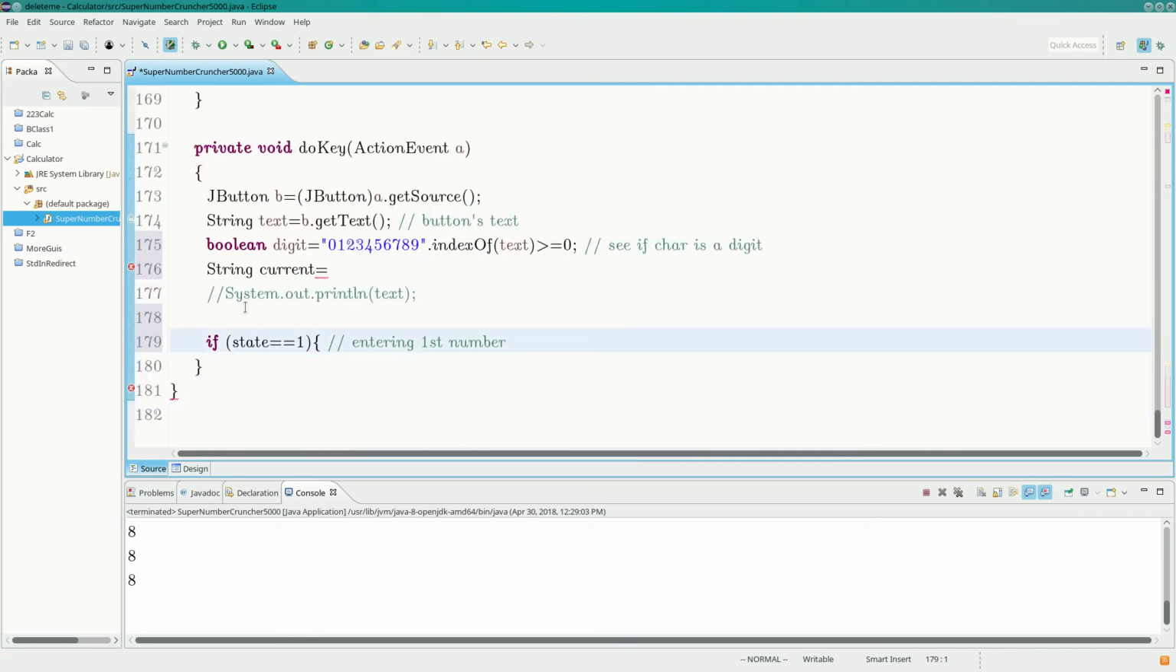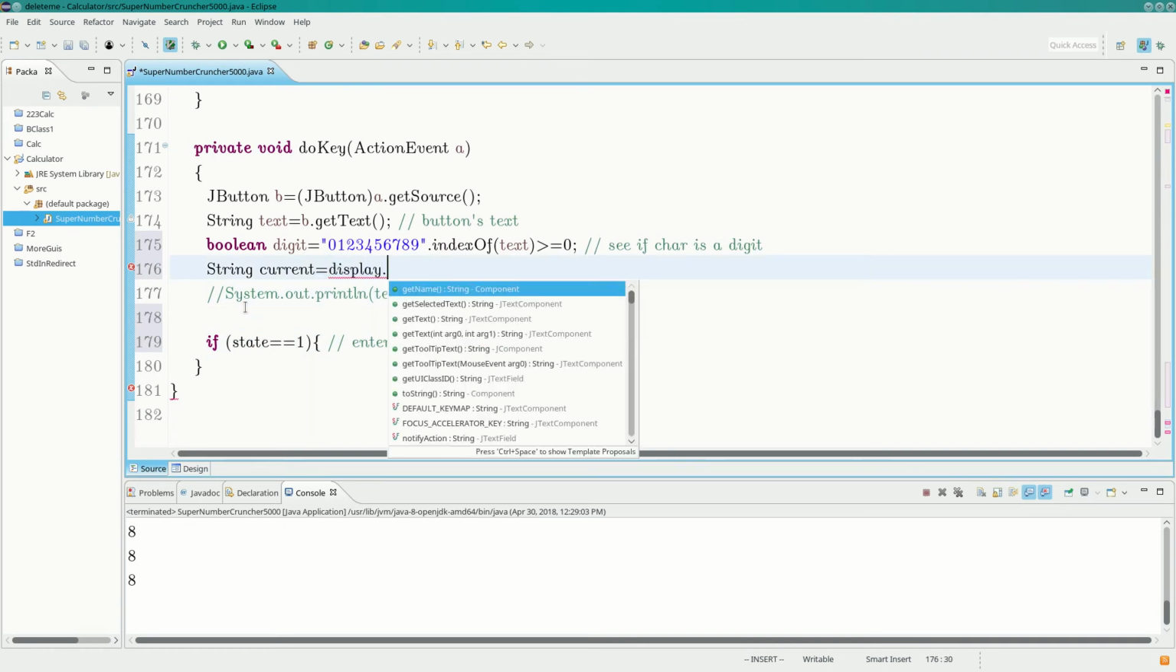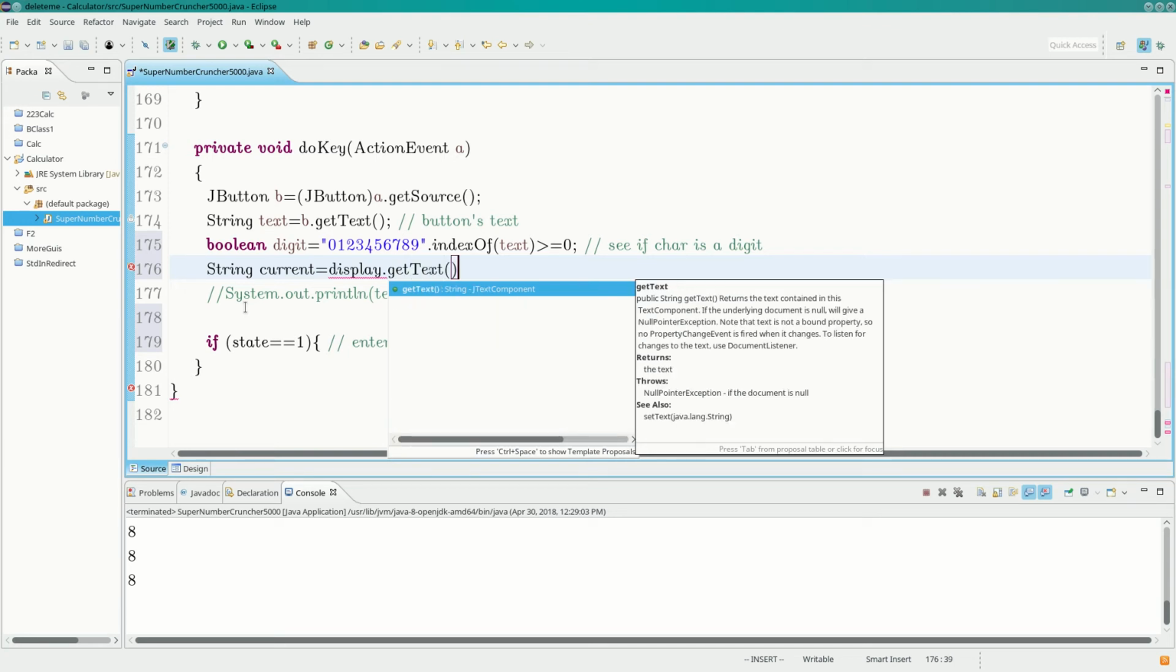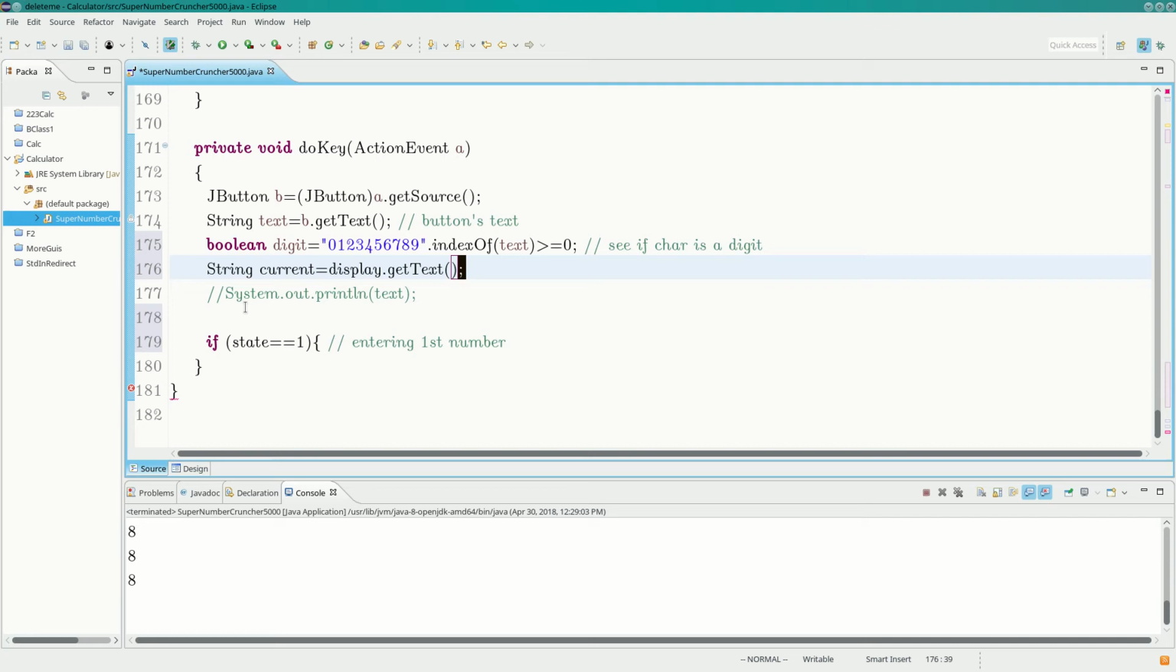And now display dot, hit a control space. We can get name, we can get selected text, we can get text. Let's just get the text. Okay, so that'll show us what's currently being displayed. That's our current display value. All right, so if state equals 1,